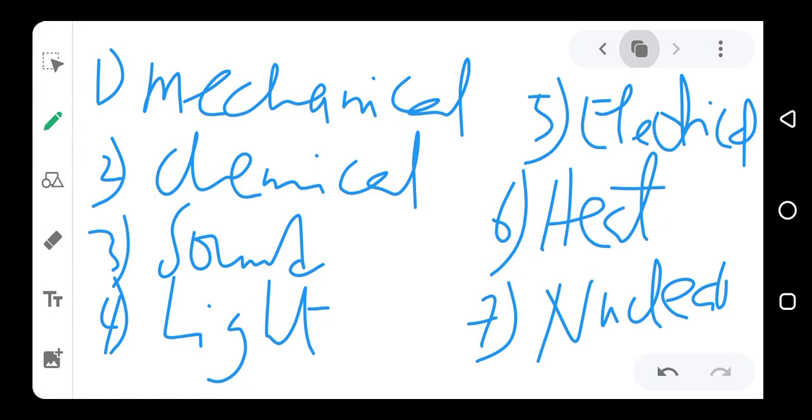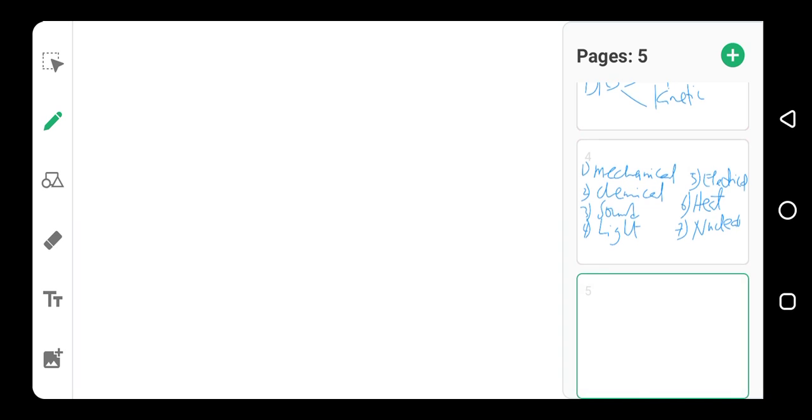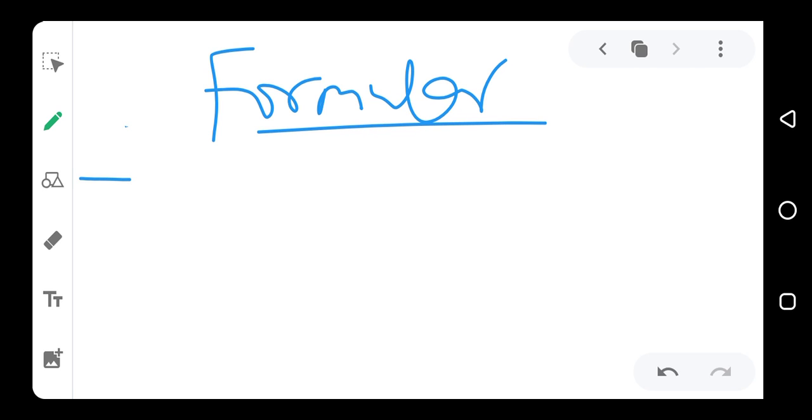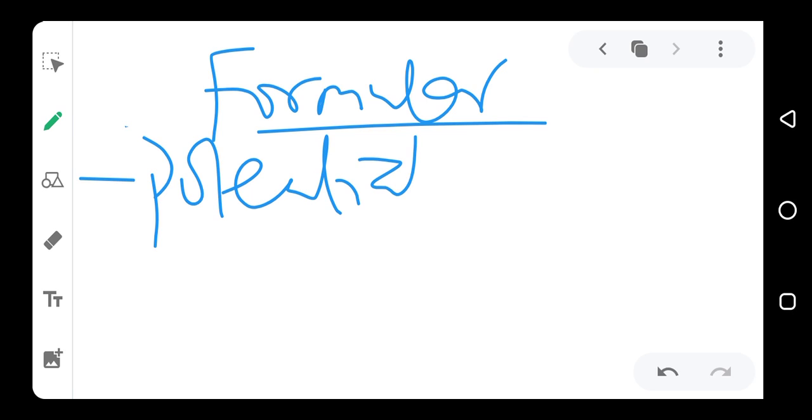Now for the energy, I say that we have two types of energy. We have the potential energy and kinetic energy. So for the formulas of energy, we have a different formula for potential energy and another formula for kinetic energy. Formula for potential energy, we have the formula as